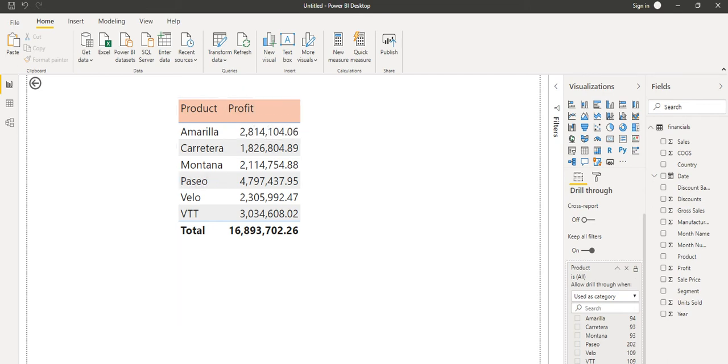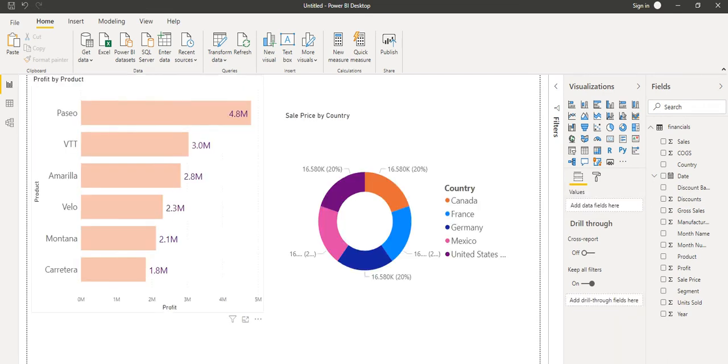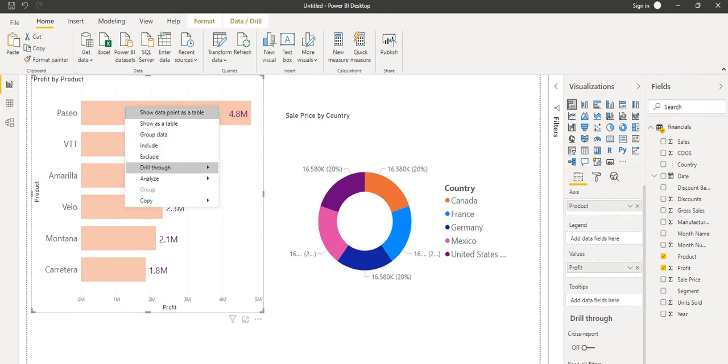Let's go to page 2, and here this chart depends on the product. So it will not come for all the pages, it will be considered for the product only. On any product, when you hover on any bar, we are looking for the hover text that says right click to drill through. For any product name, just right click, and here you will see the drill through option, and it shows the page name. This drill through is my page name, so it is pointing to that.